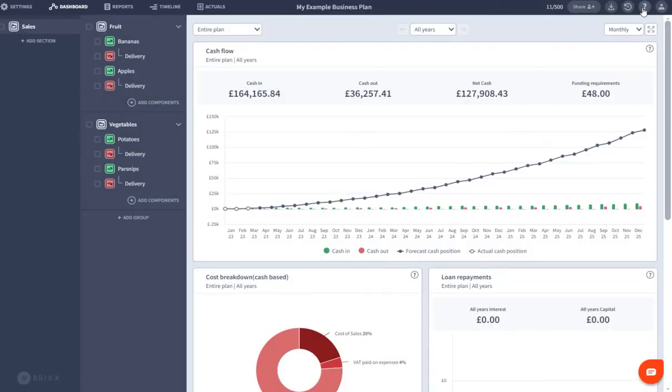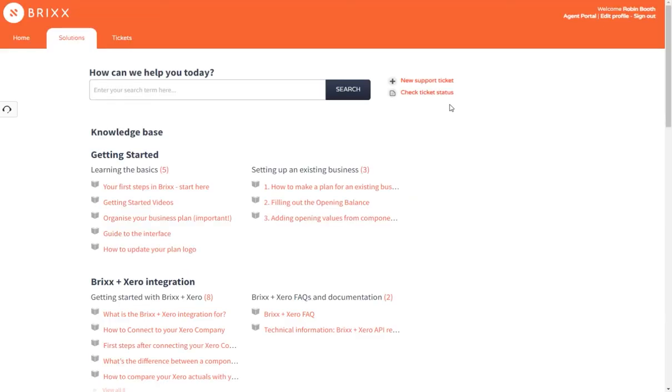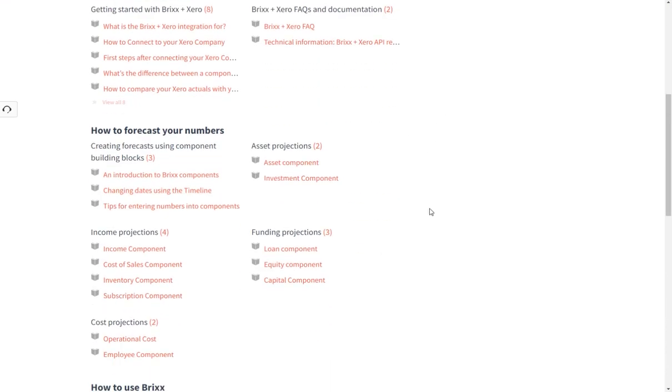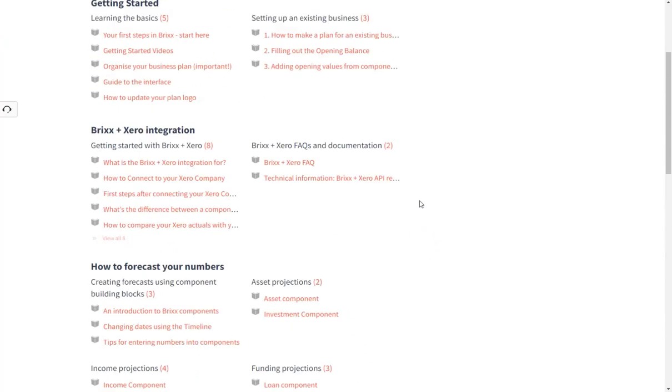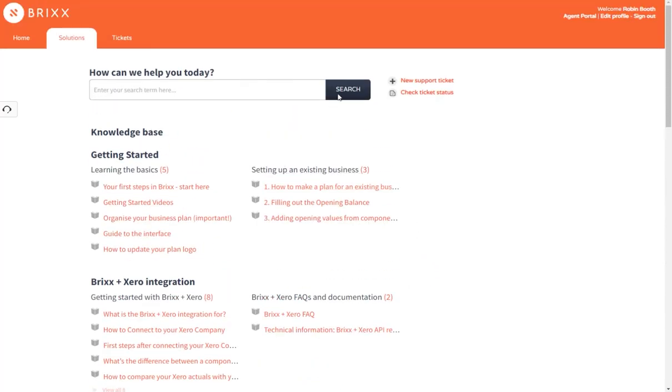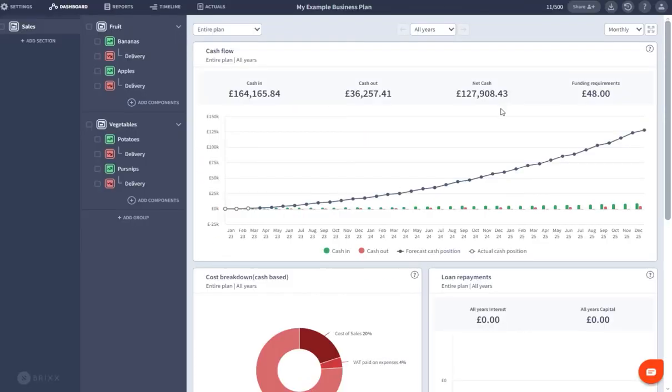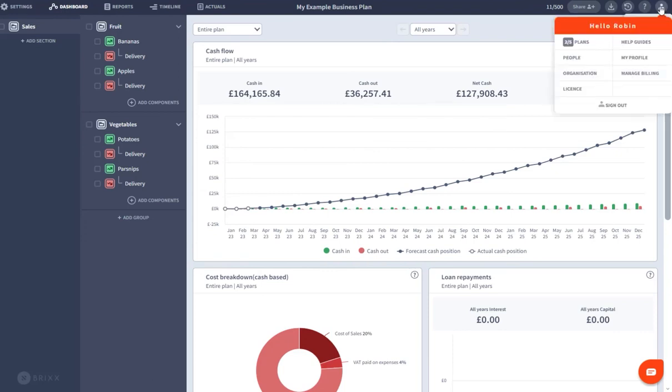All right. The other button up here, this question mark, goes to our help area. I'll just click that to show you what this looks like. We've got a lot of help here for different aspects of Brixx, going into a lot of detail with videos and, of course, screenshots. The next button and final one is the account menu. Here I can go back to my plans, I can edit information to do with my organization, manage my billing, and change my profile as well. I'm just going to go back to plans for now,